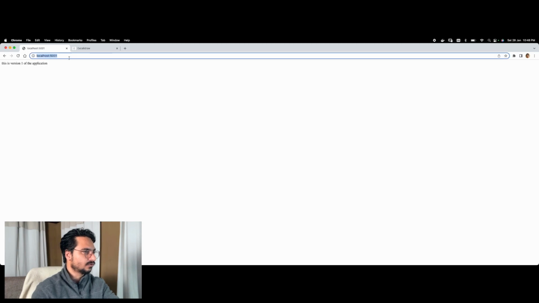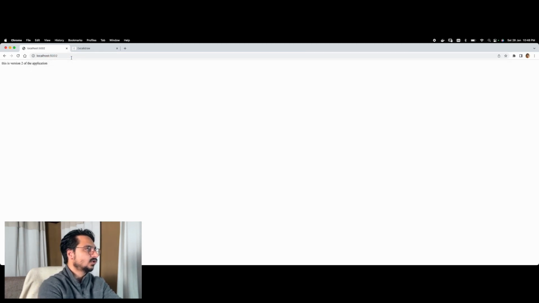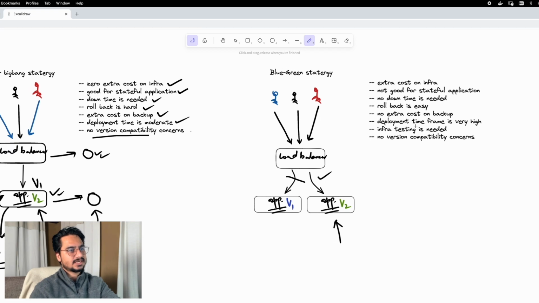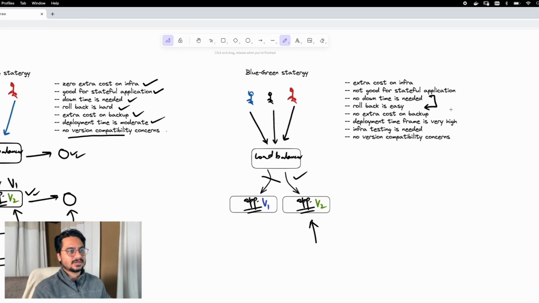I'm just showing it for this demo purpose. And then the same load balancer will also be serving me the other version of the applications. So the biggest advantage of this is that there is zero downtime and the rollbacks are pretty easy. Mission critical systems generally have this kind of deployment strategy, but you have to remember that there is an extra